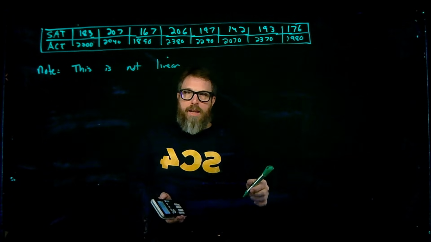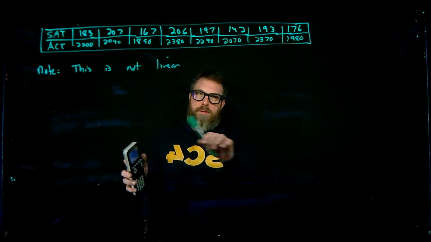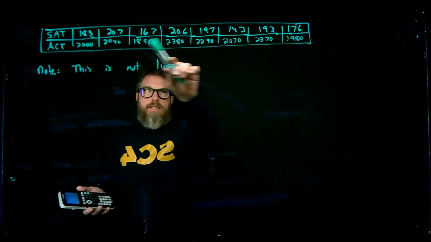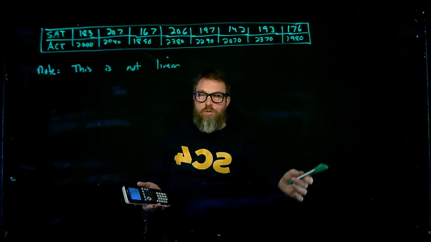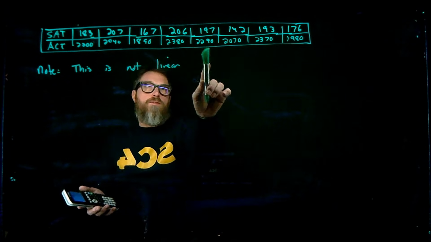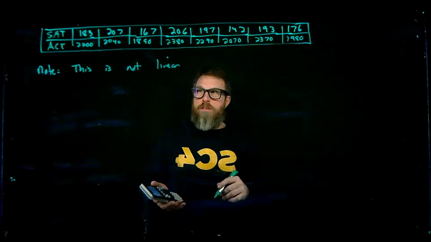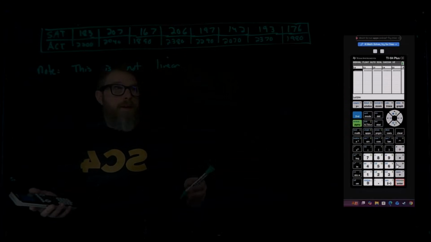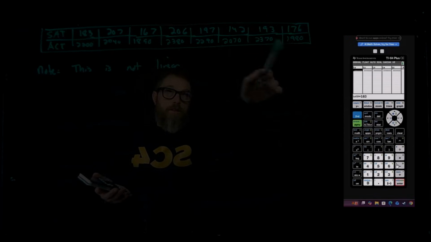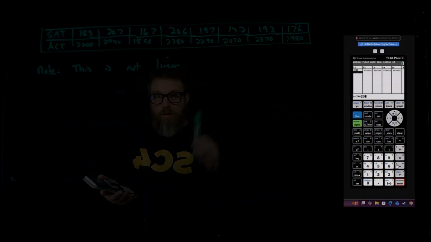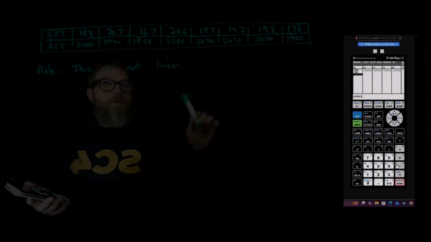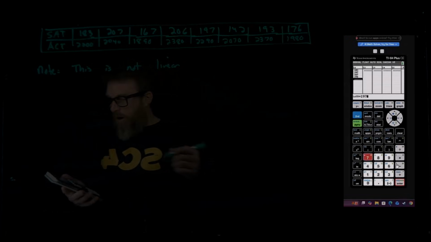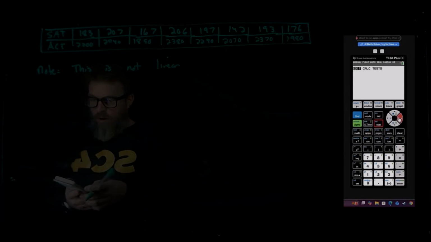So the last bit of data I want to do, and I'm not going to make a big example out of it, I just want to show you a nonlinear example. What I have is ACT scores versus SAT scores for 1, 2, 3, 4, 5, 6, 7, 8 students. Note that this is not linear, and the way we do that is, again, on our calculator, you plug this into L1, this into L2, and then you can go to test, linear regression t-test, and then you can find your R value. So what we have for R